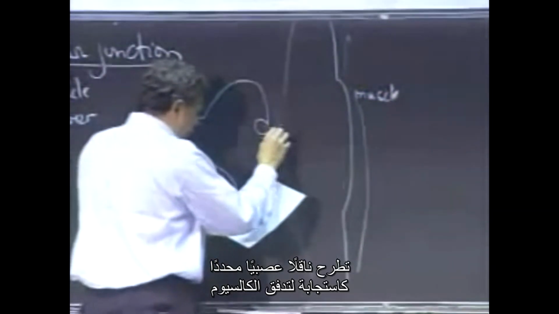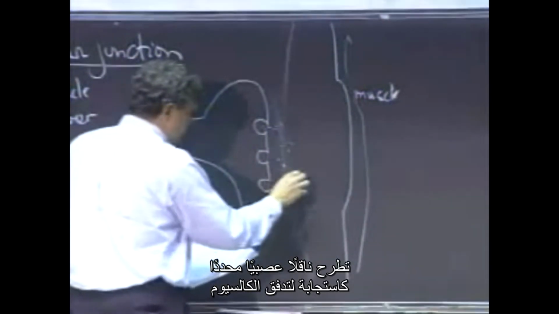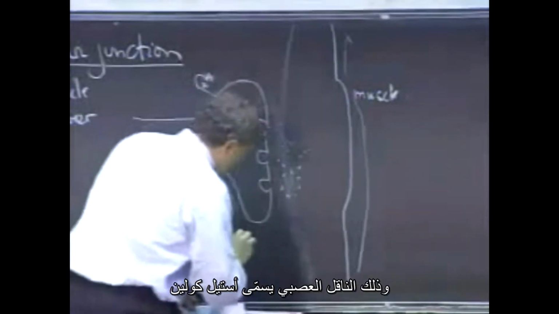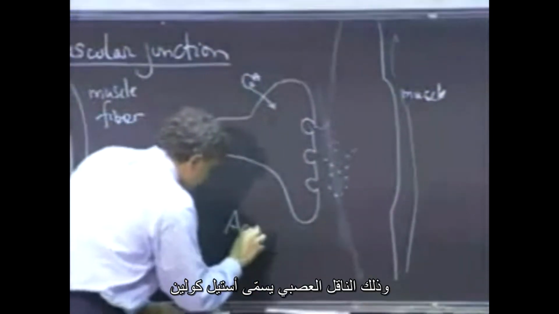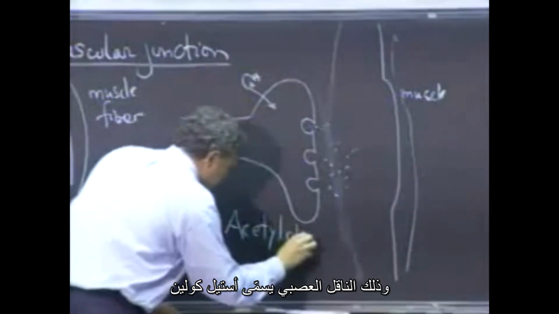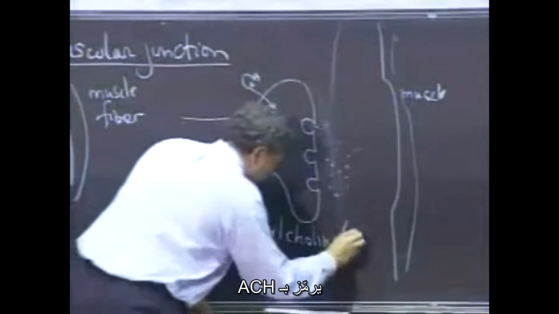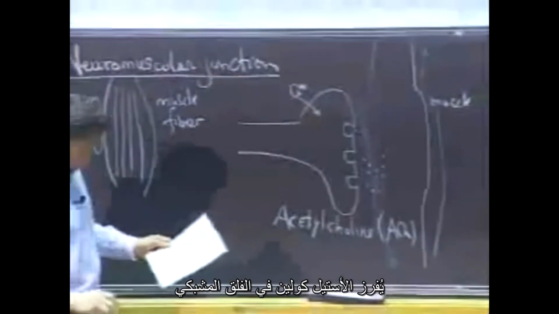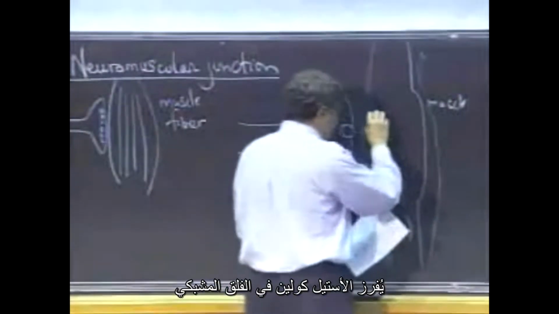Spray out a particular transmitter in response to the calcium influx, and that transmitter is called acetylcholine, henceforth ACh. Acetylcholine is spritzed out into the synaptic cleft